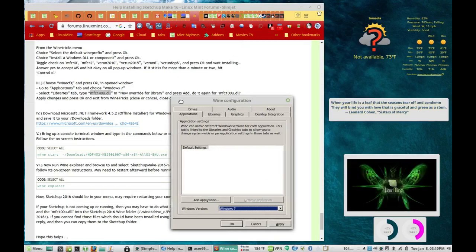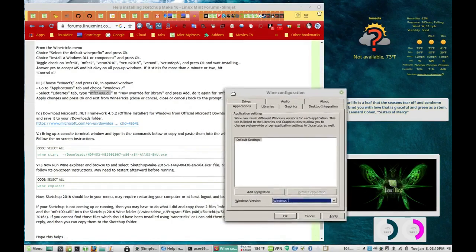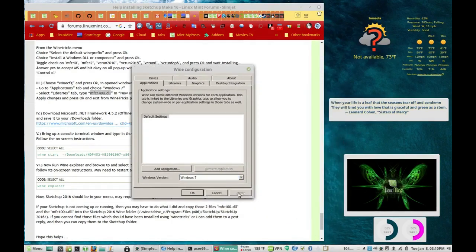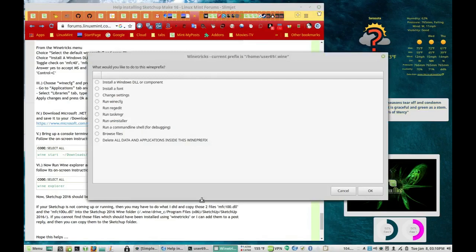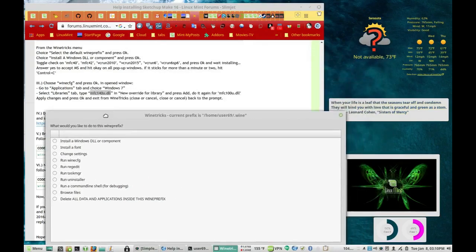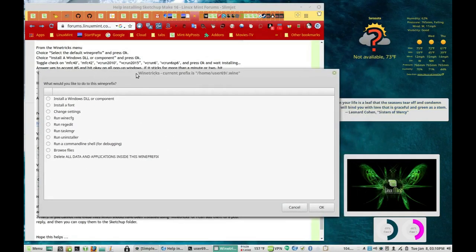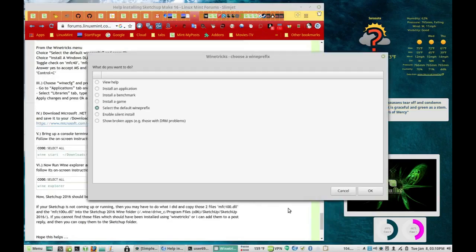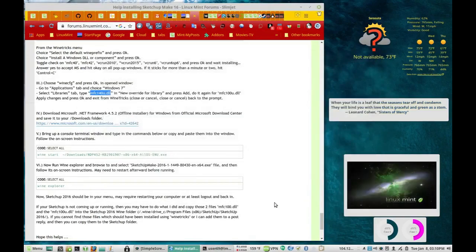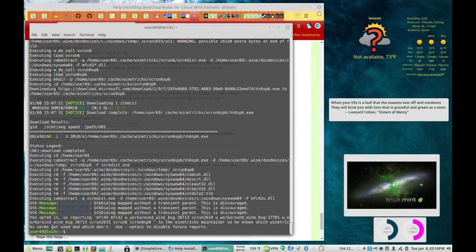Click OK, and then click Apply, and OK. Now it came back to the Wine CFG menu. So I'm done in winetricks at the moment. So I can just click Cancel, Cancel again, and it exited that. If I click on my prompt, I'm back to my prompt too. Alright, now